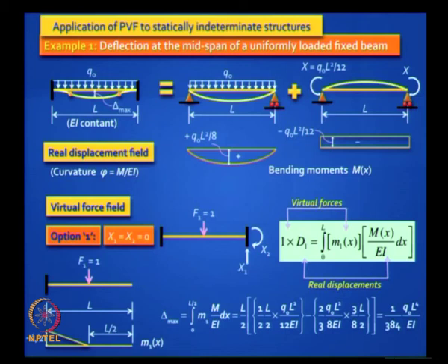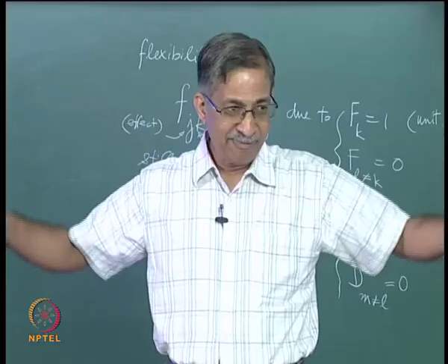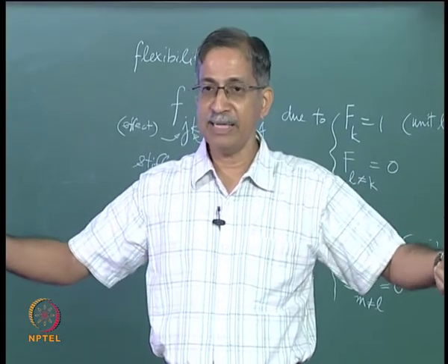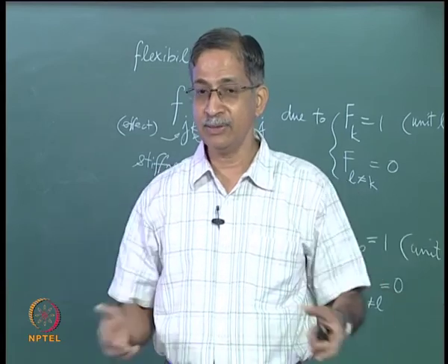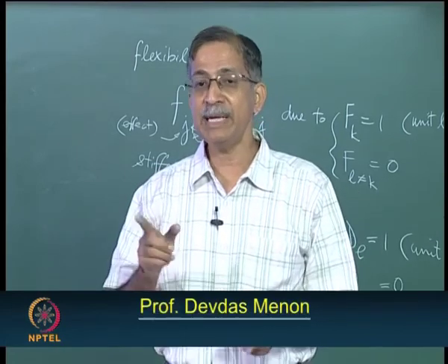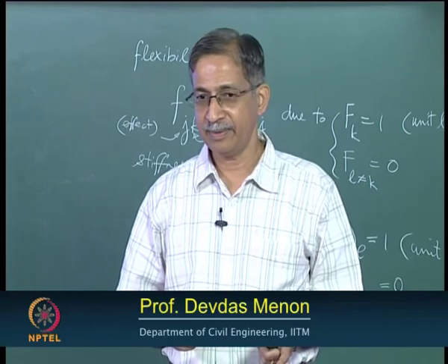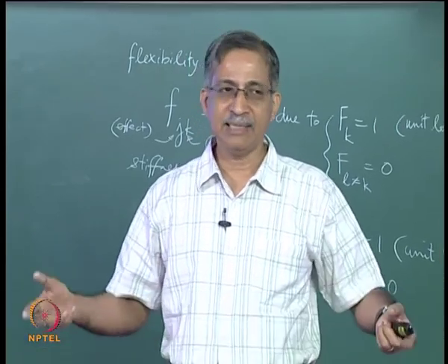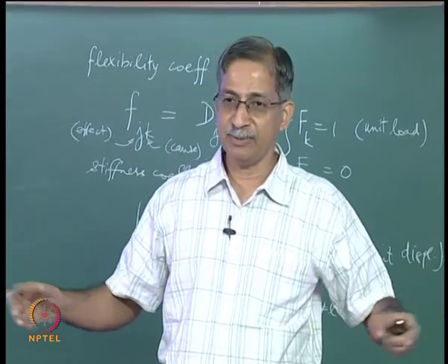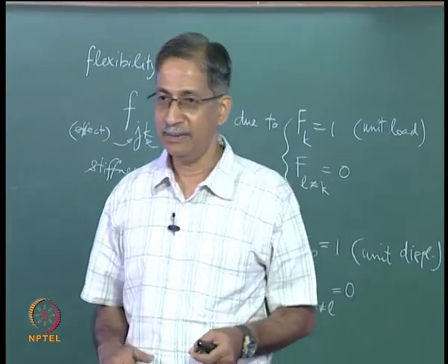And just pause for a while and see, if the beam is simply supported, what is the deflection at the midspan? You have done it. It is 5 by 384. So making it fixed, giving it some hogging moment, actually reduces your midspan deflection to 20% of the original value. In reality many systems are partially fixed, so the answer is between these two extremes.